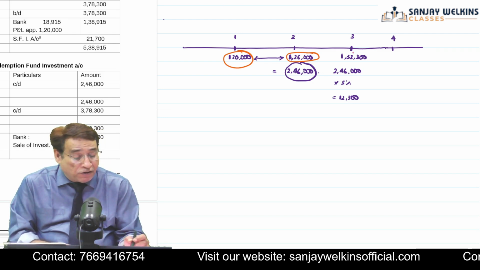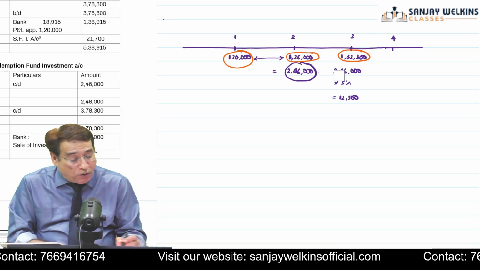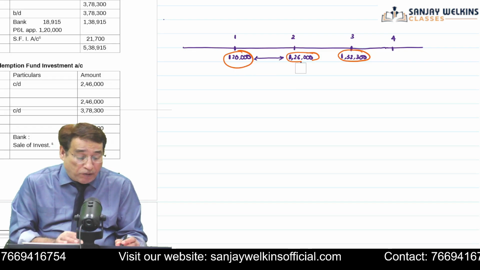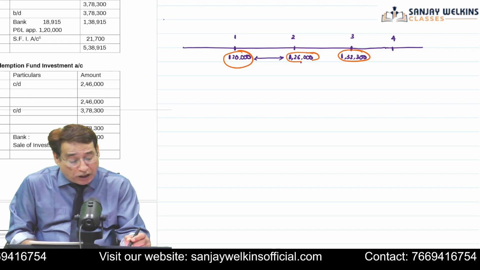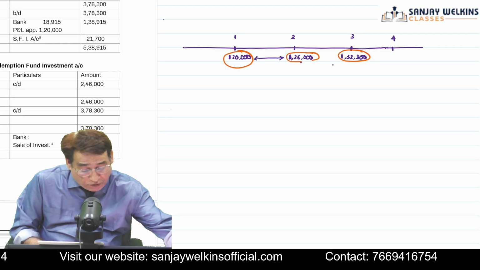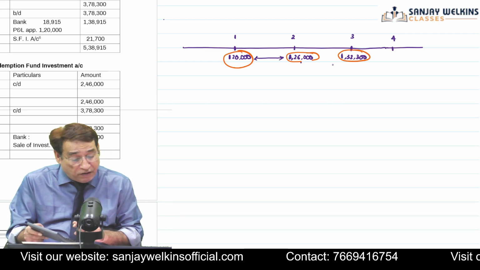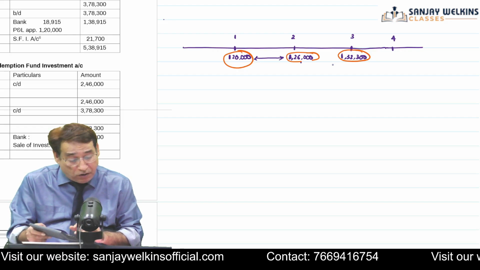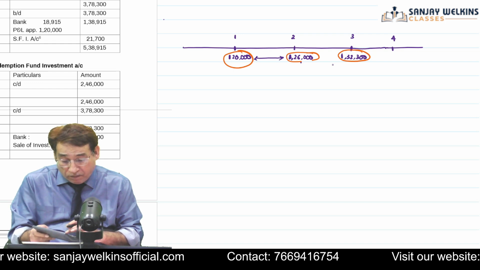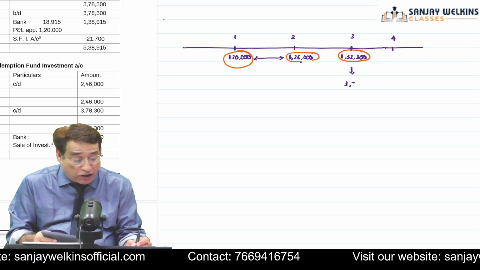1,32,300. Isn't it or not? This is the amount of investment by the end of the third year. So that means your total investment by the end of the third year is 1,20,000 plus 1,26,000 plus 1,32,300. Is it clear to you or not? If you add, it will be equal to 3,78,300. So by the end of the third year, we may say our total investment is equal to